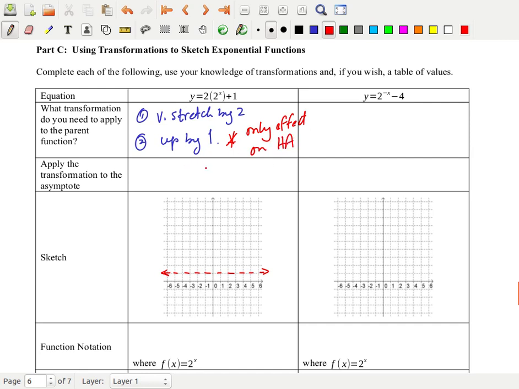So the only one, actually let me write that a different way. Where's my eraser? This is the only one to affect the horizontal asymptote. So if we start with that, everything falls from there, because now a vertical stretch by 2, usually we're 1 above the asymptote, but now we're 2 above the asymptote. Usually when x equals 1, we're 2 above the asymptote, so now we have to